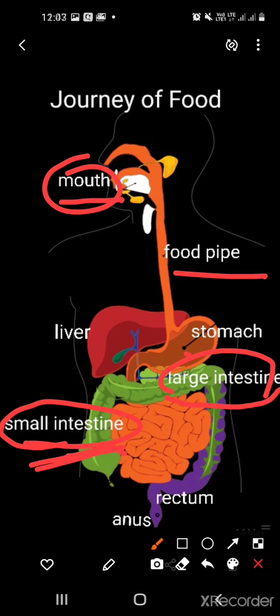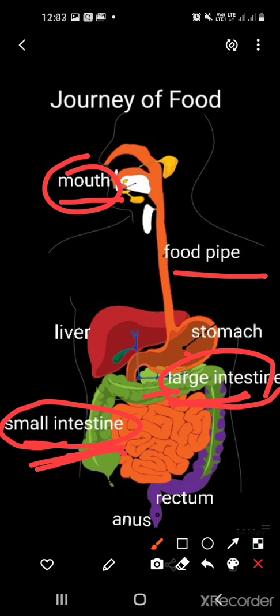Fine. You can see here the large intestine, that green and purple in color. So here different colors are used. The food pipe, stomach and small intestine are supposed to be only orange in color, and the mouth also. The large intestine is light green. Right. So here the undigested food is passed on to the large intestine. Here most of the water is absorbed back from the food. Fine. Most of the water is absorbed by the large intestine.